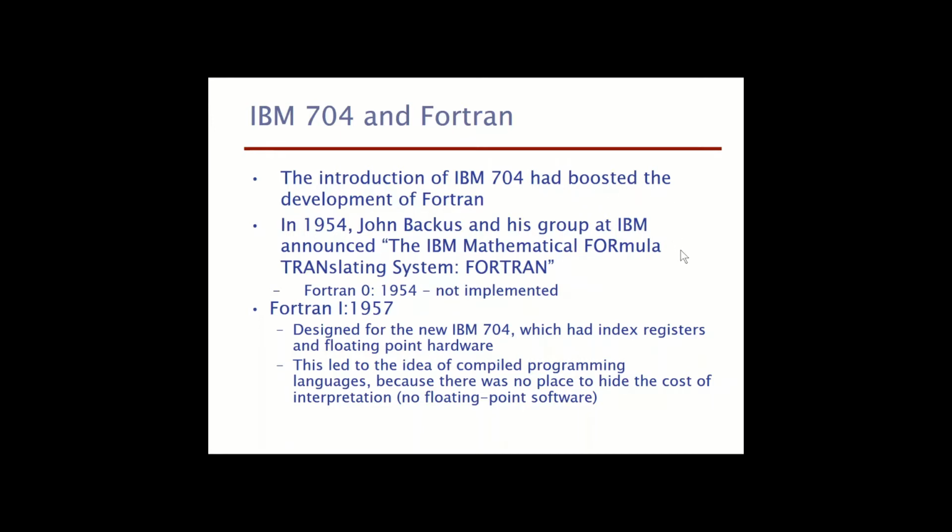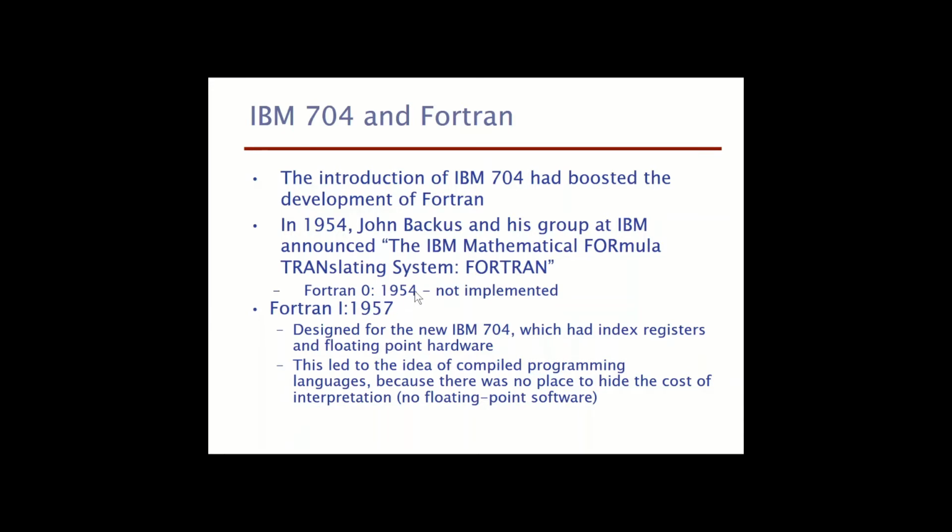Fortran means what? It's about mathematics: the Formula Translating System, Fortran. Initially it was written in capital letters, and they invented the first, Fortran 0, in 1954. This Fortran 0 was never implemented. They just set up its rules or description. They published a paper about that, but they never implemented it.